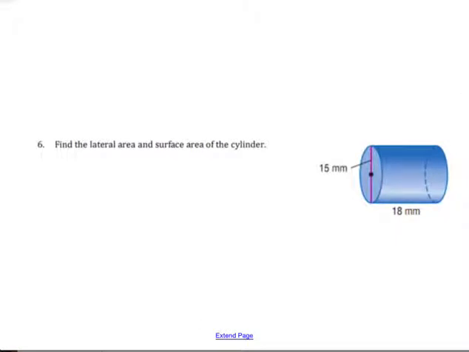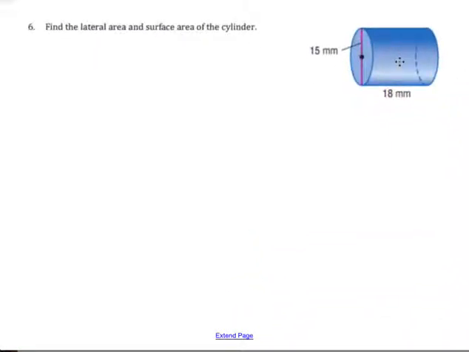So let's go ahead and let's take a look. Let's find the lateral area and the surface area of the cylinder. So let's start by calculating the lateral area, right? Because we need that